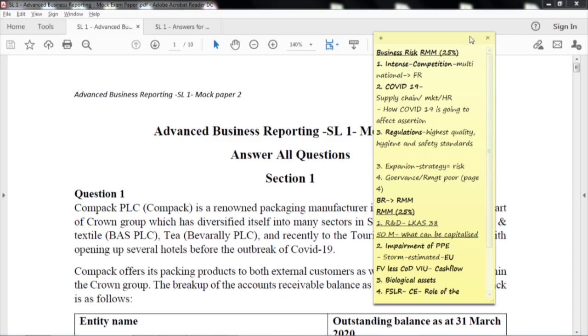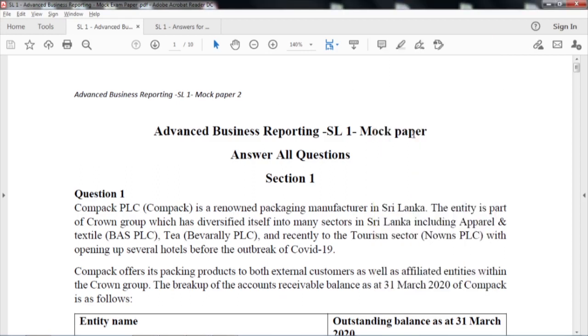Now let us look at the question. I will run through this entire paper to see how the governance, risk and audit part, governance, ethics and risk of misstatements, are reflected. And also, as the first point, as I suggested, we will start with the 50 marks question and complete it, and then in the second part we can look at other questions.